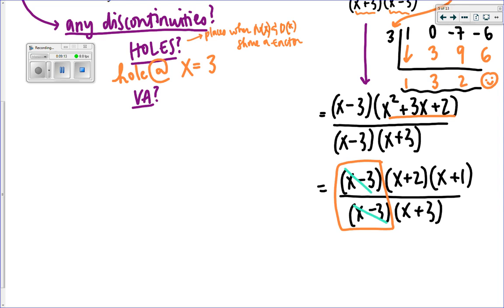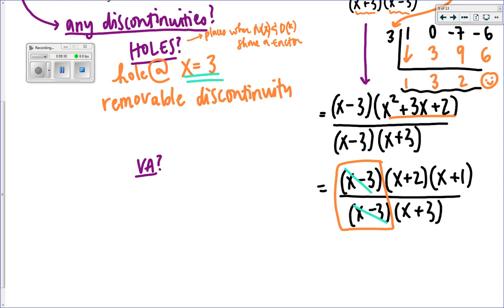I can also then consider these to be canceled, right? I can cancel these factors. That's why the hole actually exists. Well, that means that I have, I'm going to drag this down, a removable discontinuity at x equals 3. Good to note. Then the second question is, do I have any vertical asymptotes? How do we find vertical asymptotes? Well, we look at the zeros of our denominator. In this case, the only zero I have left is